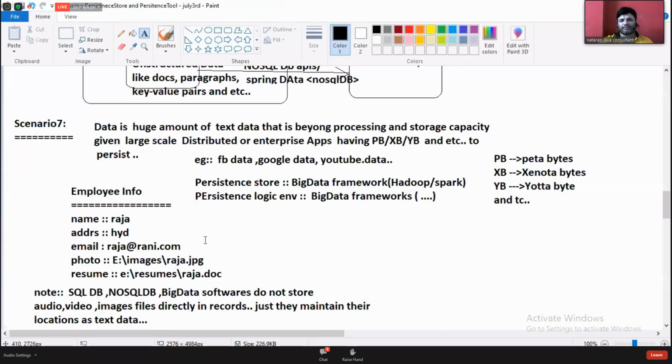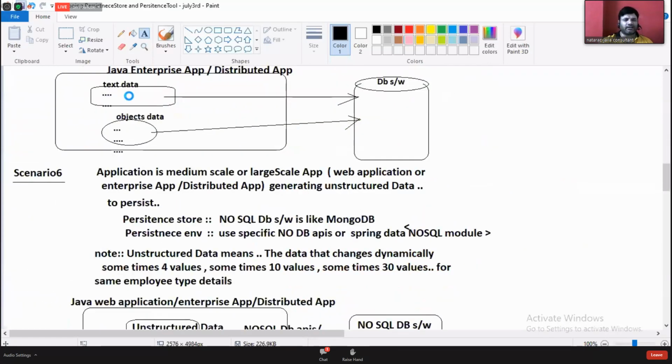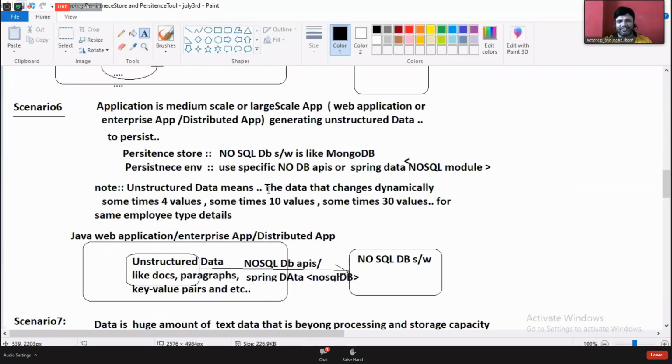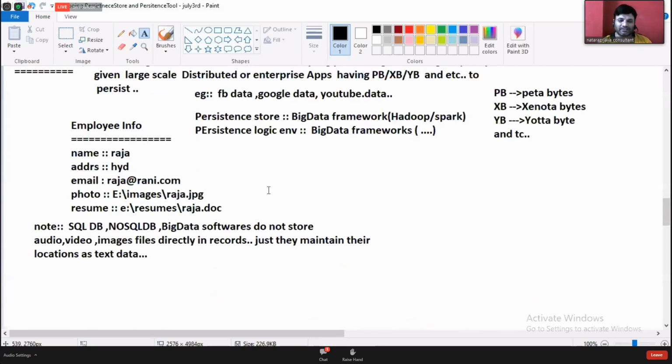Right, boss? Yesterday you got clarity. Today I think you got more clarity. With this, my scenarios are completed, boss. Now don't ask me which is good. Don't ask me to give best choices. All are good choices in this one area. Come on.